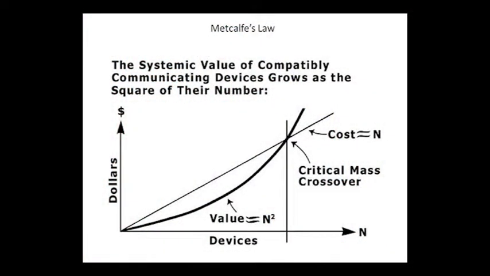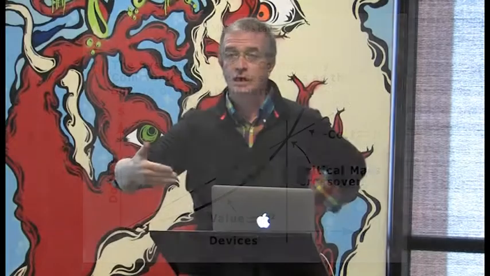And in order to make that effective, I'd like to go to an alternate to Moore's law. I think everyone knows Moore's law about efficiency. But there's another law Metcalfe wrote, which had to do with how fax machines and the internet work. And it has to do with what happens when you can have compatibly communicating devices working together. And it's a very simple law. It just says the power grows as the square of their numbers. If there are only 3 fax machines in the world, it doesn't work very well. If everyone has a fax machine, everyone's on the internet.